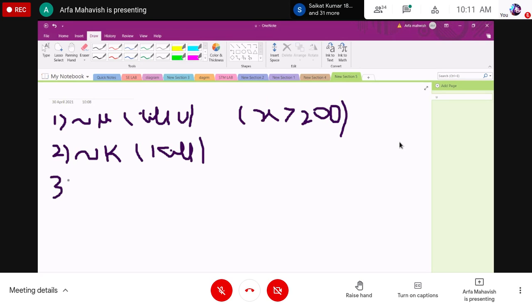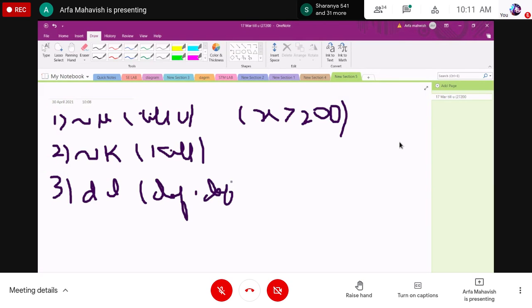And next we have the dd, define and define. For example, int x equals 0 and int x equals 0.